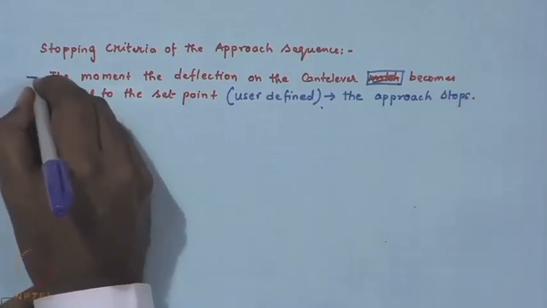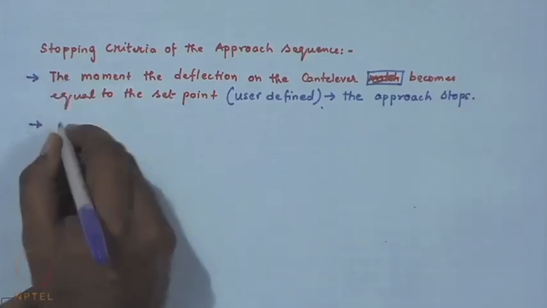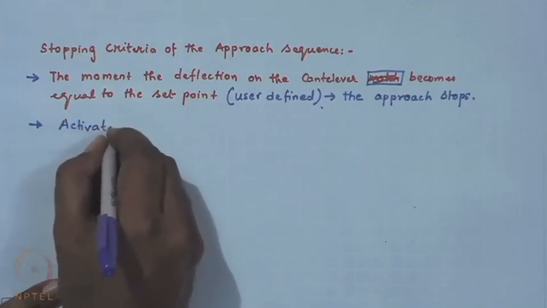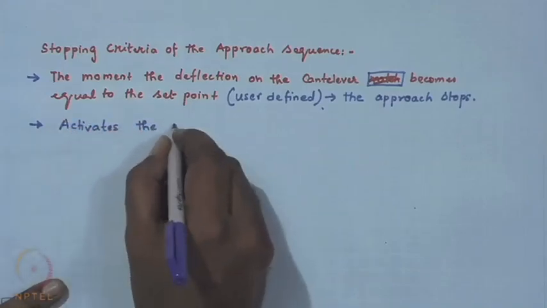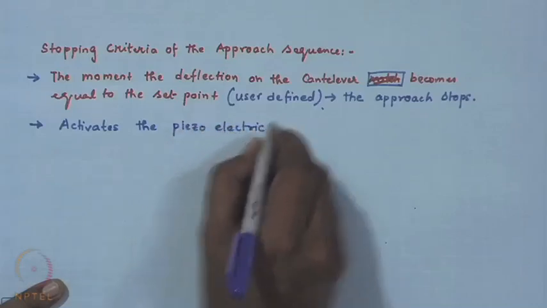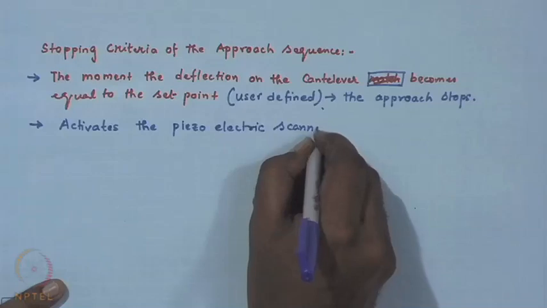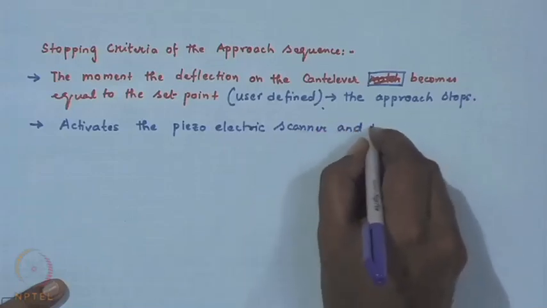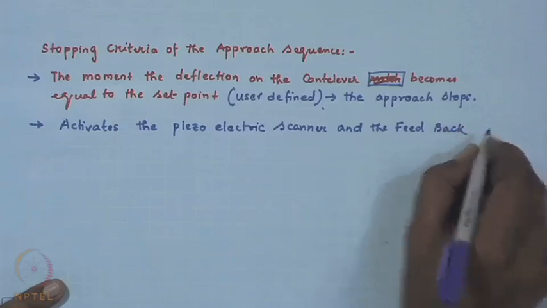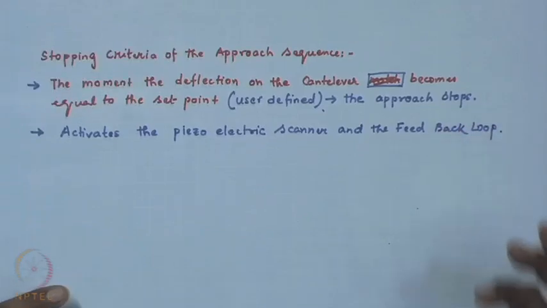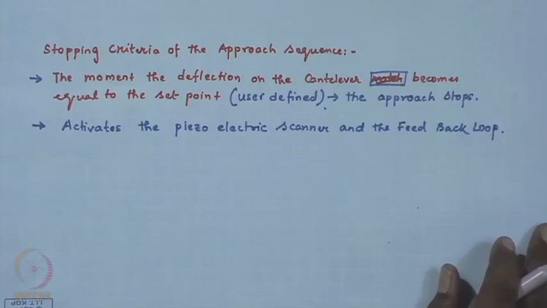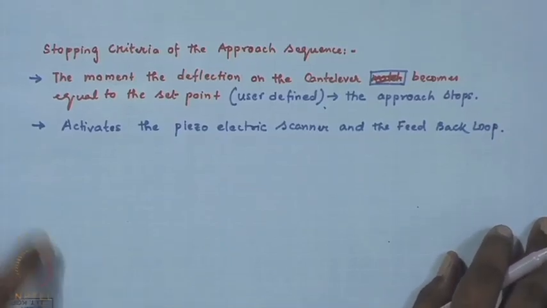Now, stopping of approach concurrently activates the piezo scanner, and the feedback loop. So, the feedback loop essentially is a PI or PID controller depending on the situation, but important thing to remember is that